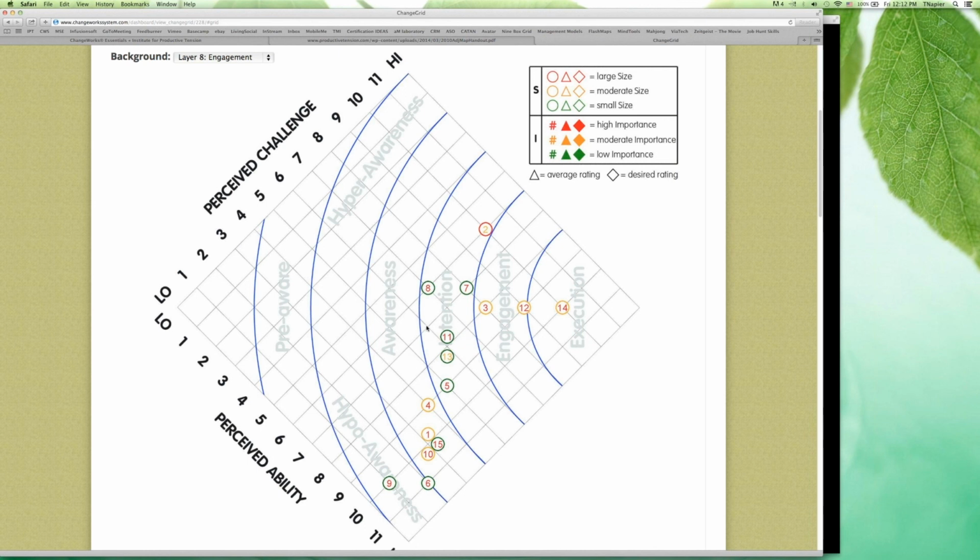Moving in grid, out grid, now we come to intention. And intention is sufficiently tall that we want to talk about upgrid intention versus downgrid intention. So intention just means this person has said, yes, this is something that I am choosing to do. That's my intention. I'm going to do this.